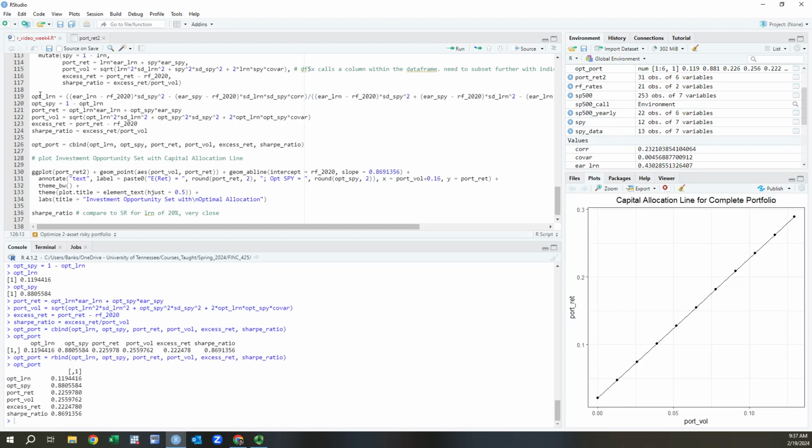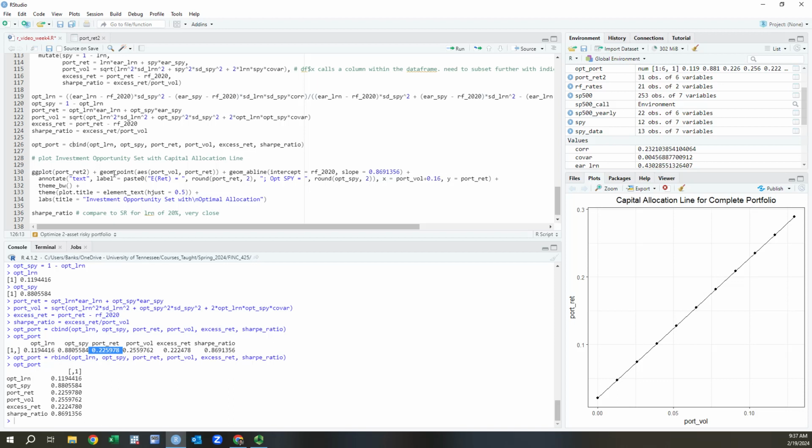Well, we know it's going to be something related to this point that I've just highlighted in the console. It should be at an x value of 0.26 and a y value of 0.23,